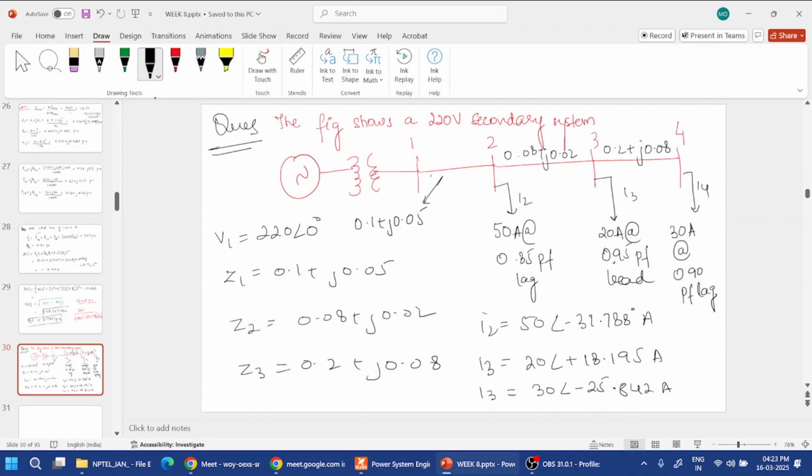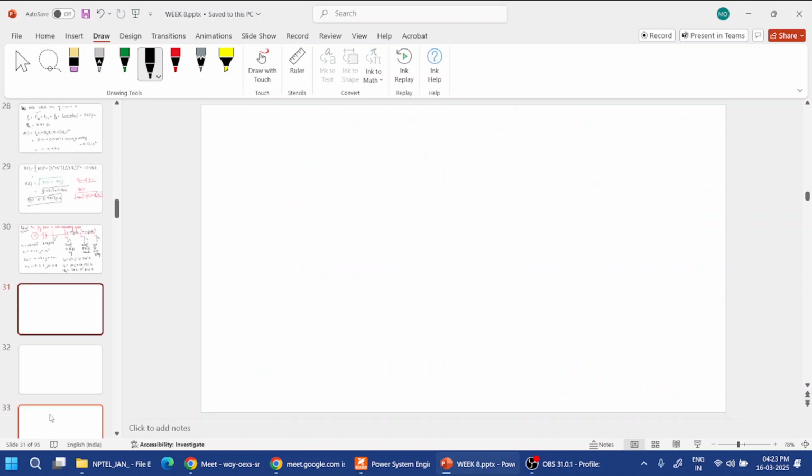These are the values of the currents I1, I2, I3, and I4. What we have to find in the question is the voltage across the feeder from point 1 to 4 using the approximate analysis method. The voltage drop contributed by each load is what we have to calculate. So VD1,